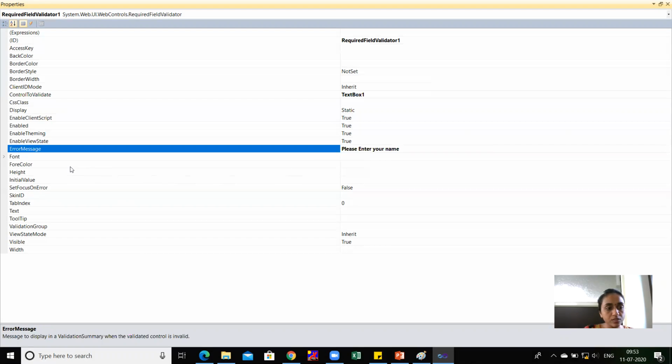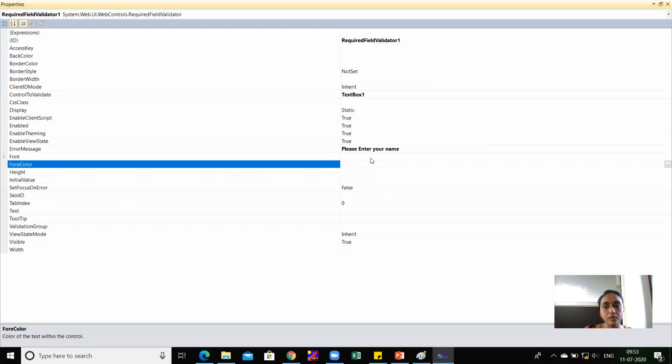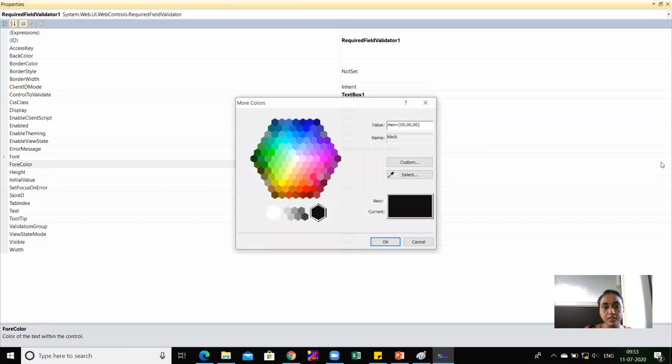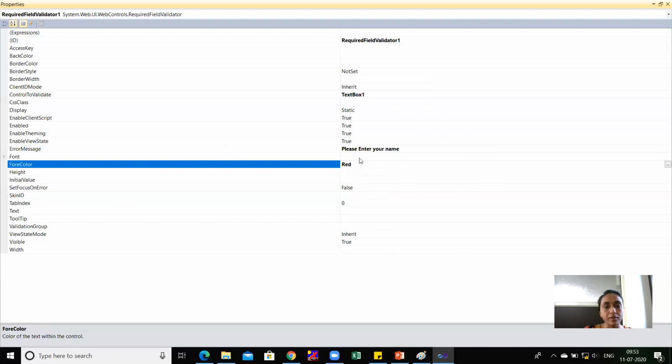You can also change the color of the error message from here. If I want to apply red color, I'll choose red from here, so your message will be displayed in red color. You can also set its tooltip, visibility, or whatever. All these properties you can apply. You can also set its back color, border color, or any of it.